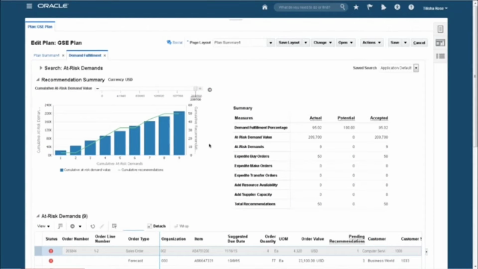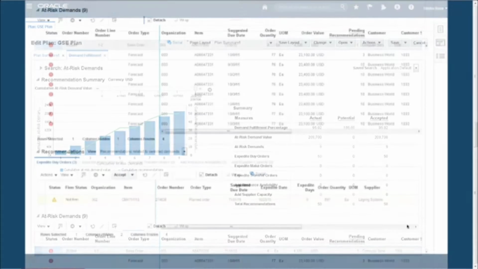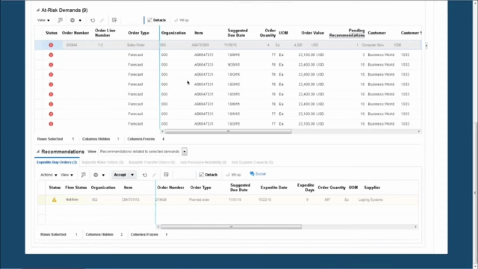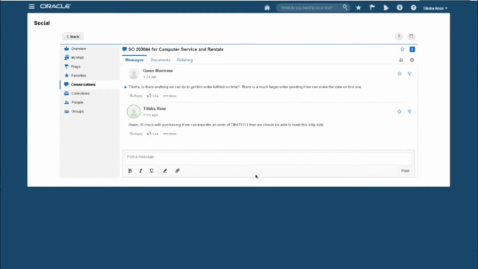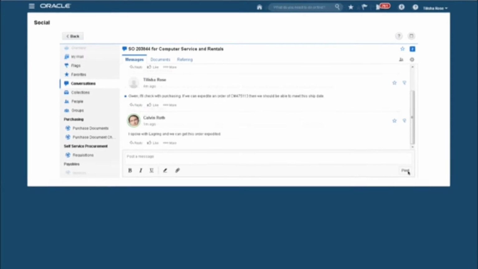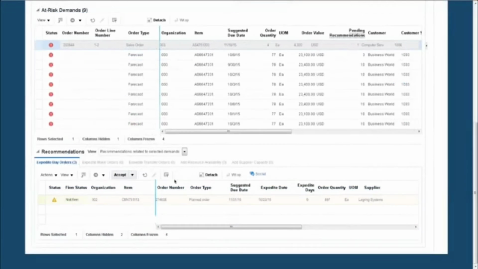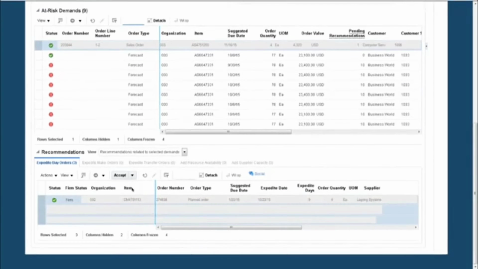Planning Central has analyzed the demands at risk. Here's our sales order, and it's also made some suggestions for resolution, in this case to expedite a purchase order for a key component. Using Oracle Social, I check with the buyer to see if this is possible. When they respond that it is, I rerun the plan, accept the recommendation, and release the purchase order to the